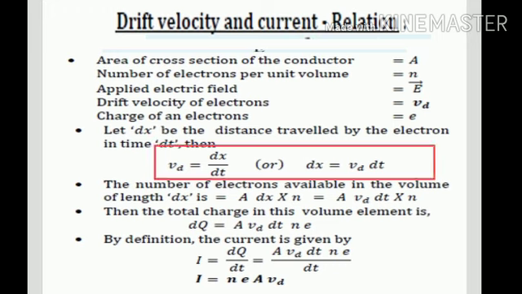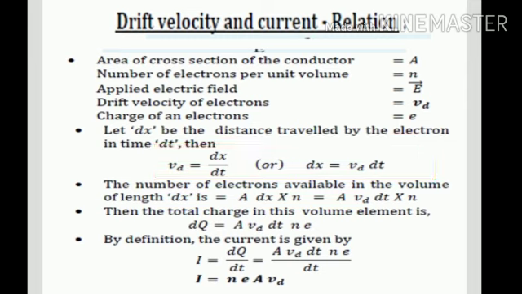Then Vd is equal to dx by dt, so dx becomes Vd into dt. The number of electrons available in the volume of length dx is written as A into dx into n, which is equal to A into Vd into dt into n. Then the total charge in this volume element is written as dq is equal to A into Vd into dt